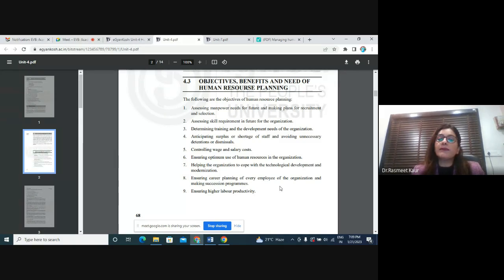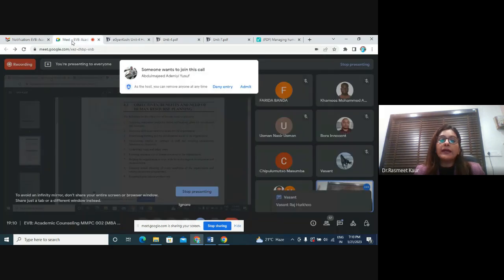Even if we do HR planning properly, we have a very strong control on the wage and salary cost. As you all know, my dear learners, if you are hiring somebody in the organization, you need to pay or remunerate that person. We have already discussed some part of it yesterday, where I discussed the compensation function which deals with wage and salary administration. So when my HR planning is done in an effective manner, I would be able to control my cost. I would be able to control my wage and salary expenses, because I would know the right number of HR required in my organization.